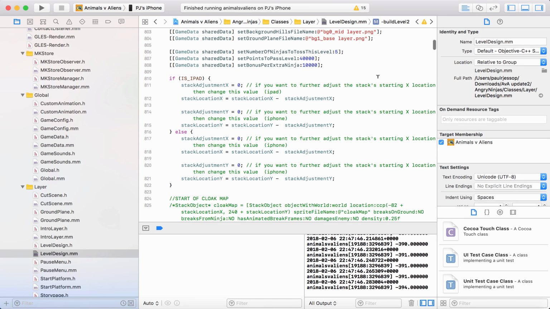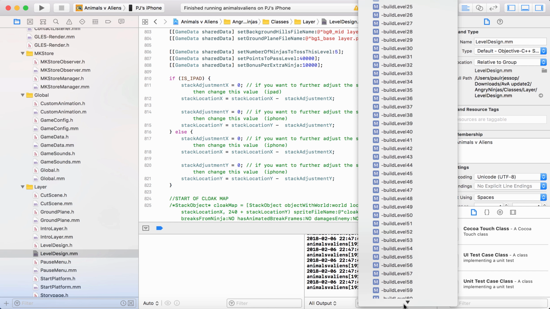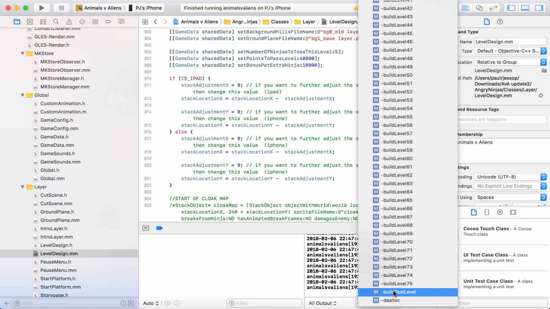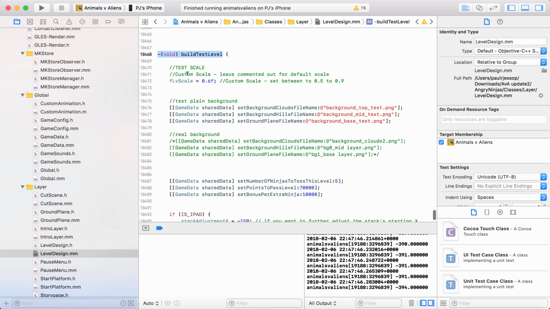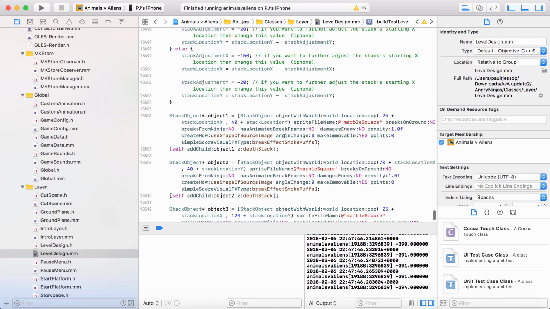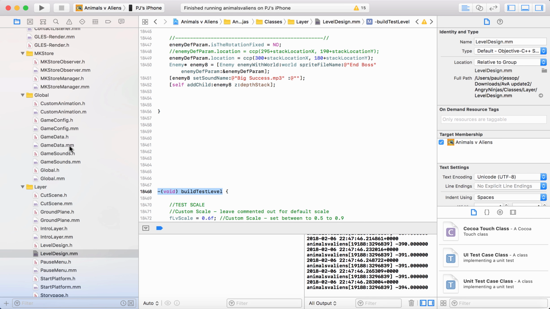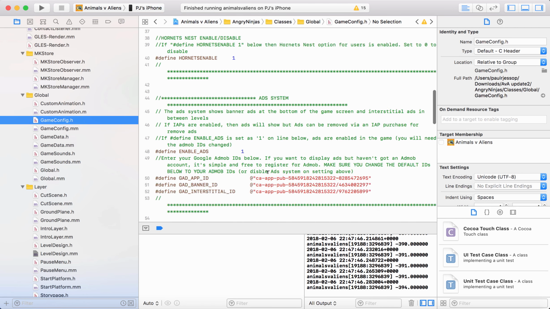And okay, so you can do that for all 75 levels, just adjust a few levels if you wish. And then finally there's a test level right at the very end. Now, test level, you can just set out an environment. In this case, the background's test. And then it's exactly the same as a normal level, but it means that in the game config header file,